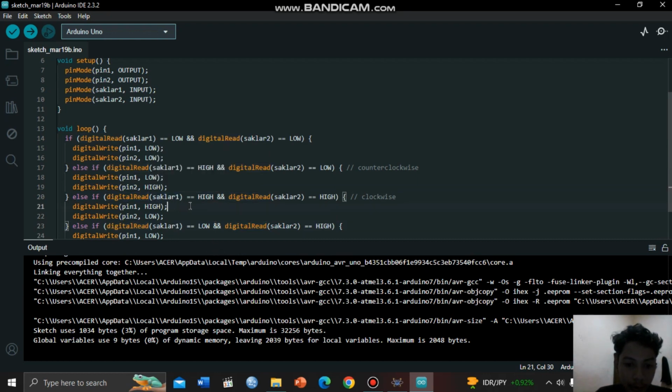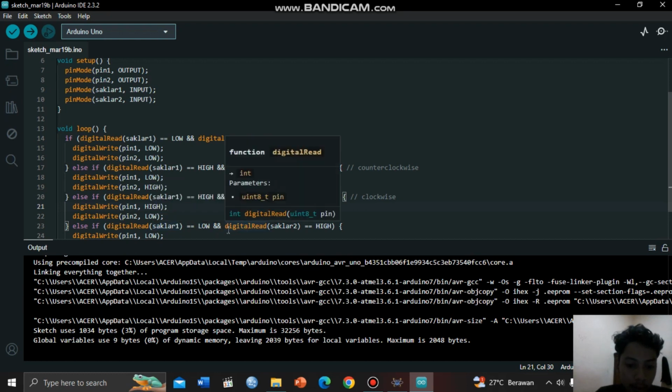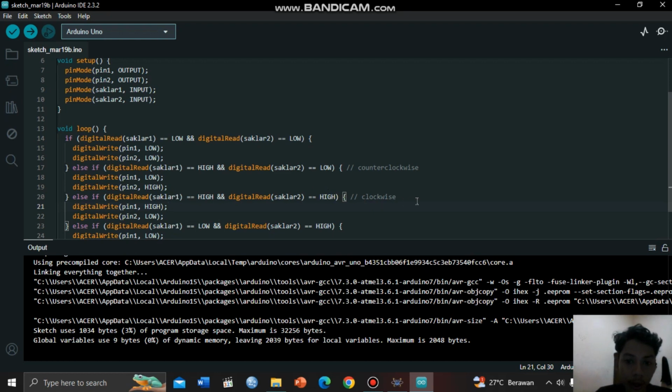Then this program means that if A0 is high and A1 is high, the on switch is on and the CV or CCV switch is on, then the DC motor will rotate clockwise or CV.